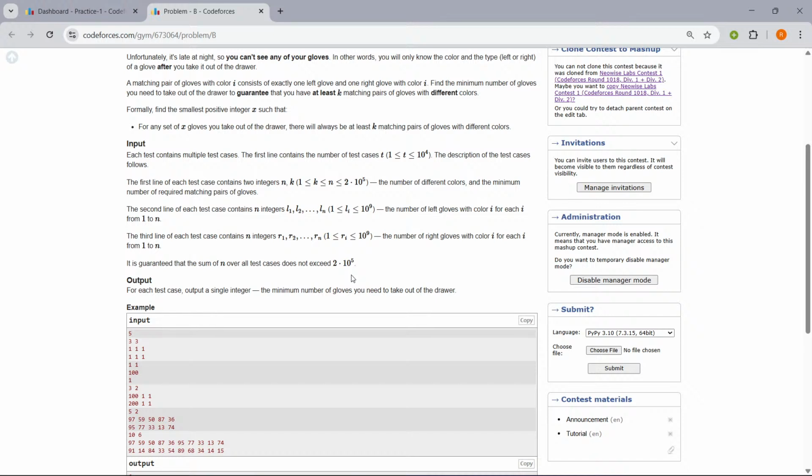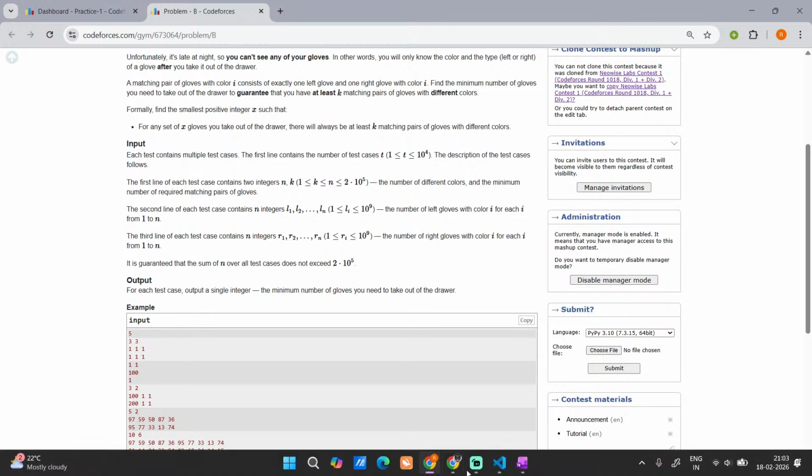So to find the minimum that guarantees k pairs, we need to find the most expensive ways to fail, like failing to have the k pairs. Basically, it's a sorting plus greedy equation.